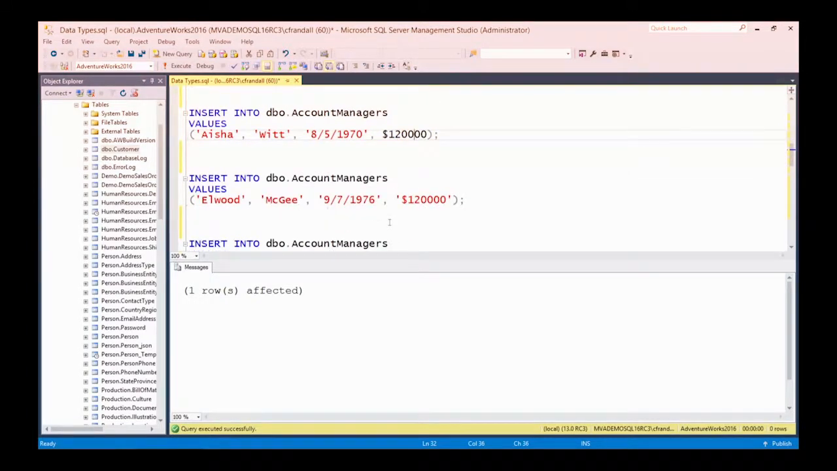Now let's try and get a little more creative. I'm going to insert into here Elwood McGee with a date, and this time I've specified the salary as a string with the dollar symbol. So I've put it in quotes, so it treats it like a varchar value there, and I've put the dollar symbol in there. Now so far it's accepted numbers where we should be storing